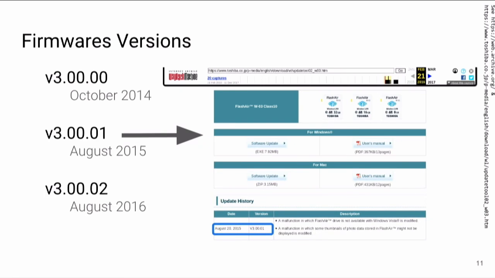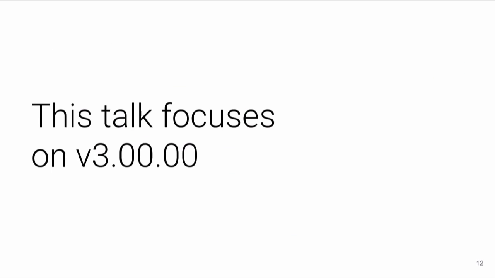So it's not easy to read on the slide, but if you download the slide, it will be okay. You have the link that you can use with the Wayback Machine in order to download the firmware version 0.01. So I said before, I started this project 3 years ago, and this talk will only focus on firmware 0.00. The addresses that I will show today are related to this version.